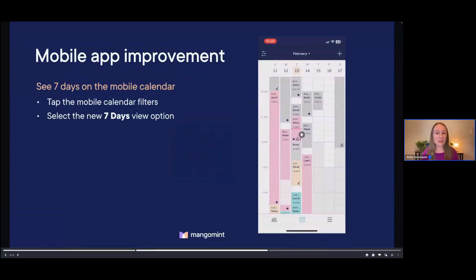We've actually recently released a really big improvement to Mangomint's mobile app experience. So this is really great. Now you can see a full week schedule at a glance on your mobile app calendar. This is for both of our mobile apps, so whether you're using the iOS app or the Android app, this is available for you now. And I love this improvement because it makes scheduling and viewing your upcoming appointments so much easier, faster, and a